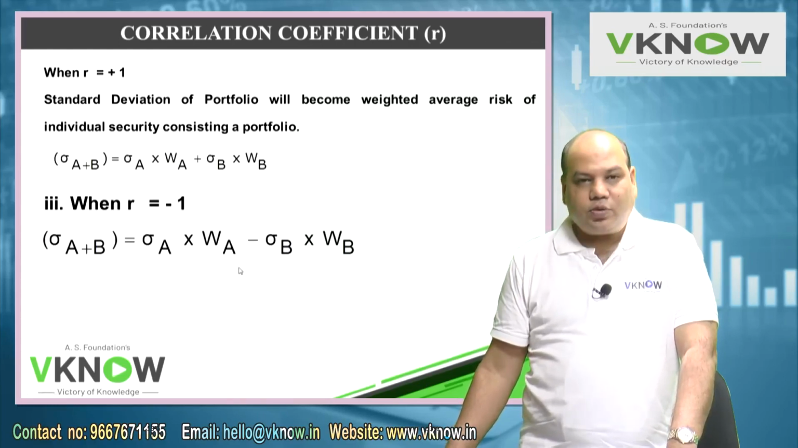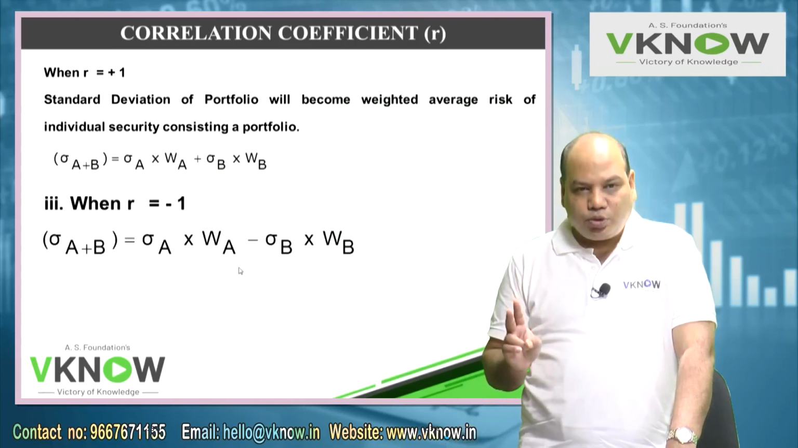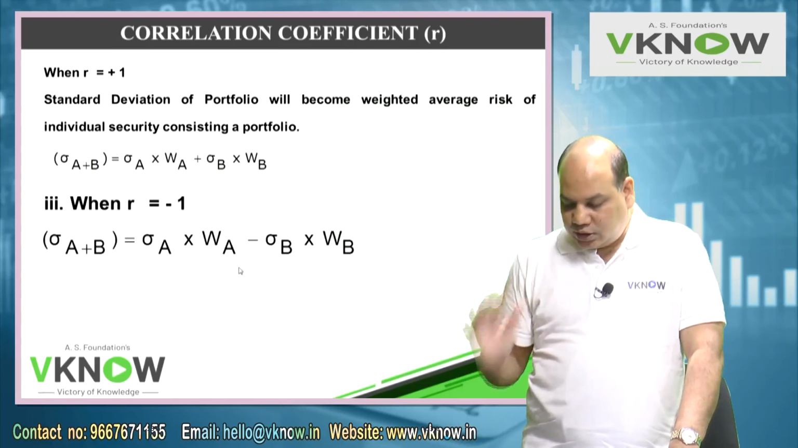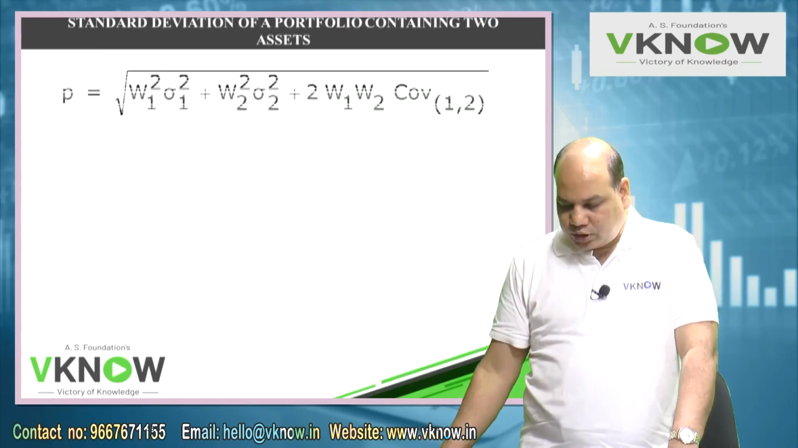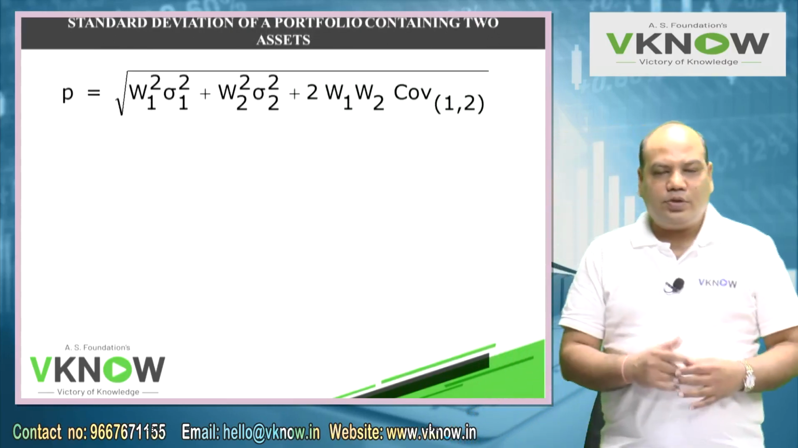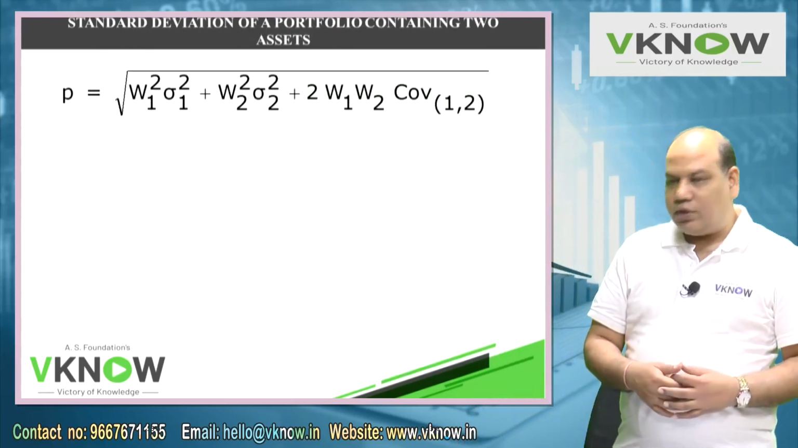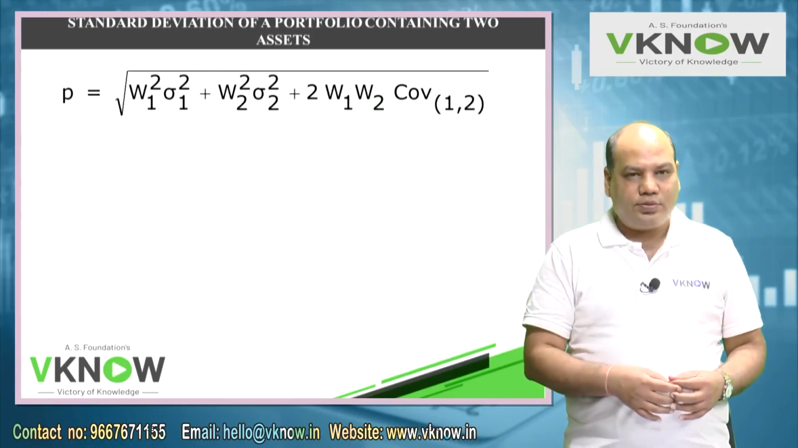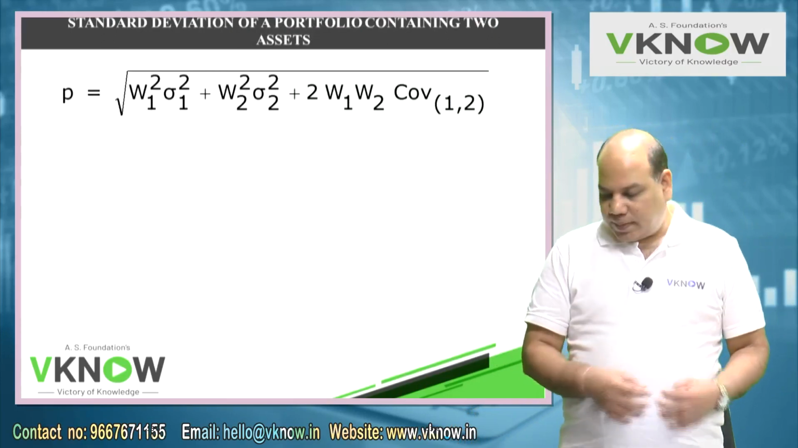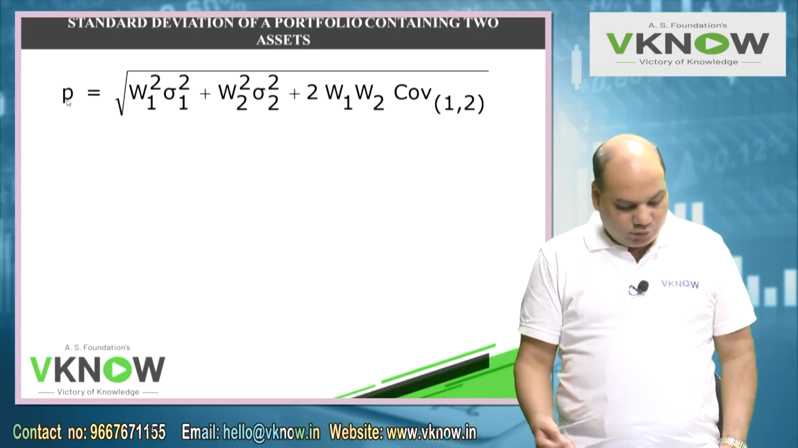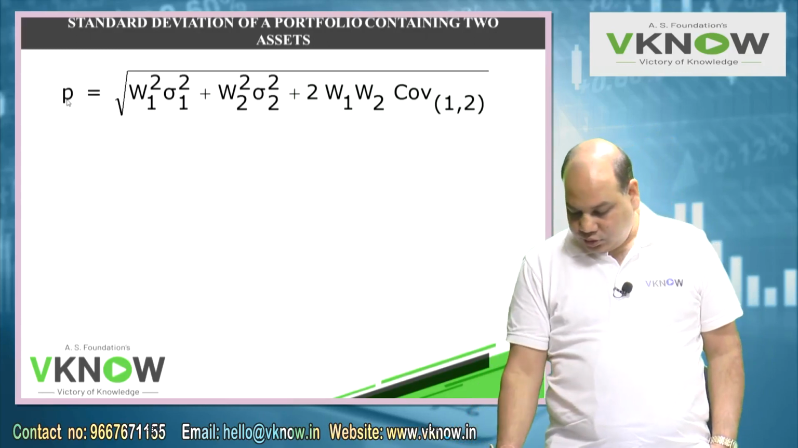This shortcut formula is applied for a two-stock portfolio only when R is equal to -1, right? Now, the formula which is asked quite often in the exam is the standard deviation of a portfolio consisting of two stocks only. The formula is: standard deviation of the portfolio is equal to under root